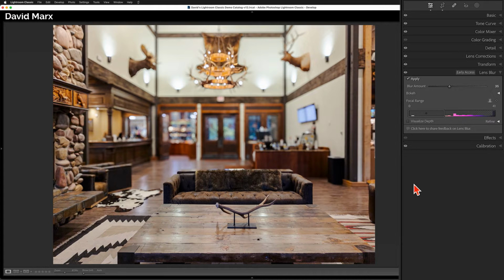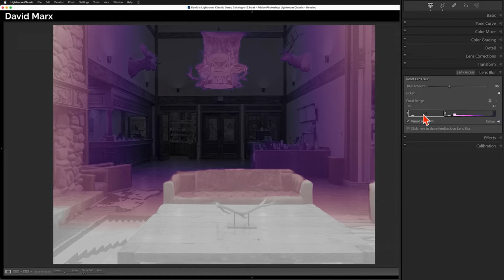There's another way to see what areas will remain sharp and which parts will be blurred when you're working with this focal range control. If you hold down the Alt Option key on a Mac, that's the Alt key on a PC, with one finger, while you click and hold the cursor inside this box, then you'll see a slightly different type of overlay.